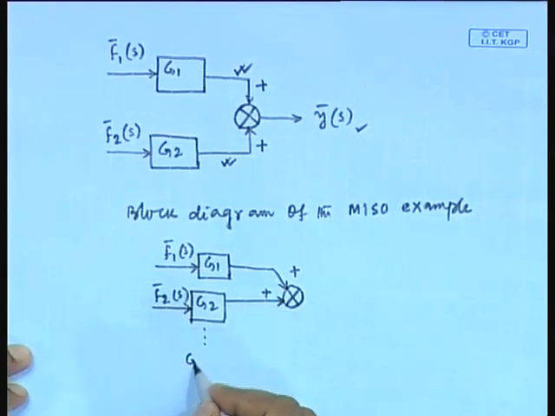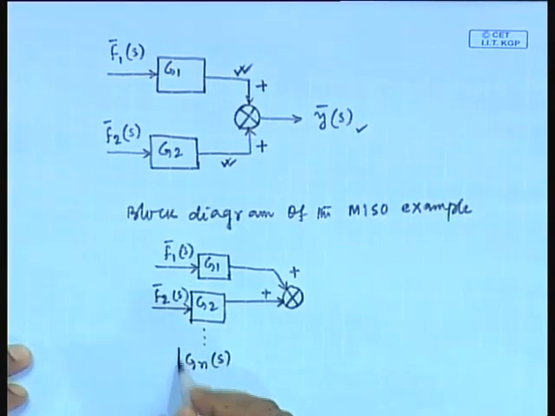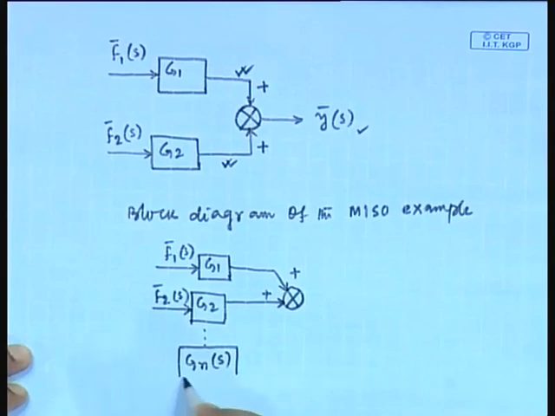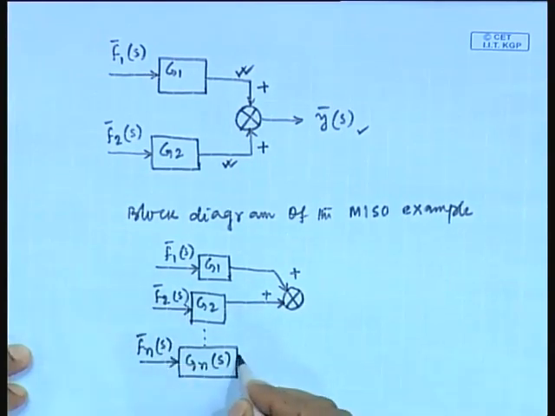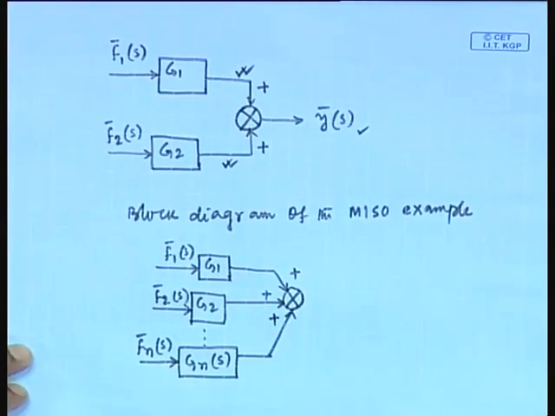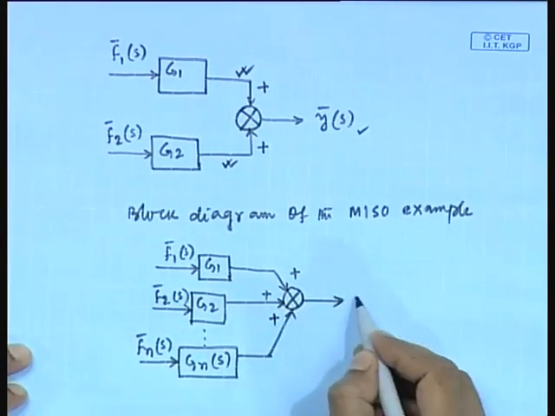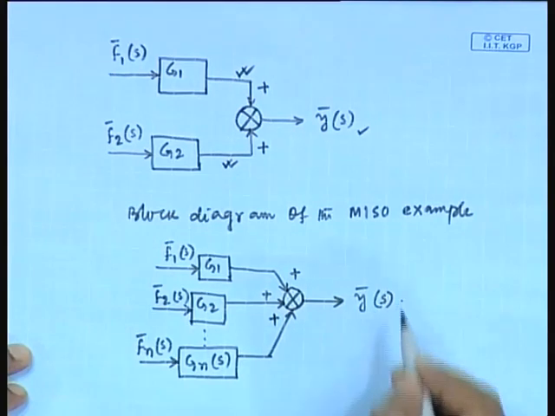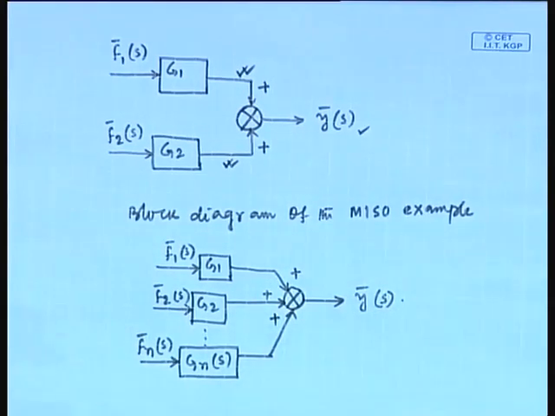Like this way, last term will be, suppose last transfer function is G_n(s), input to this is F_n(s). By adding all these outputs, we get Y(s), fine. So, this is for several inputs and single output. This is the block diagram